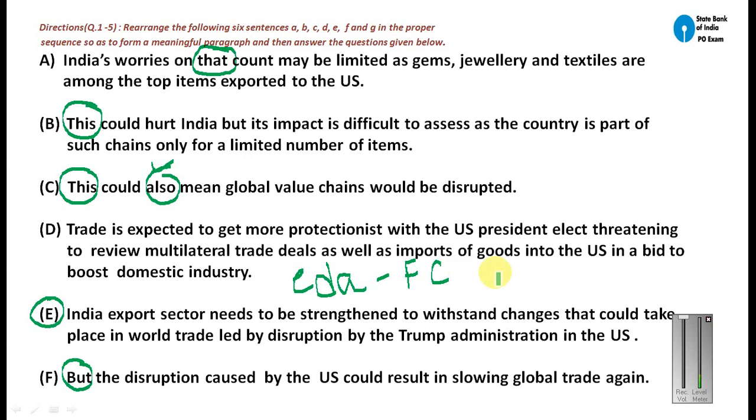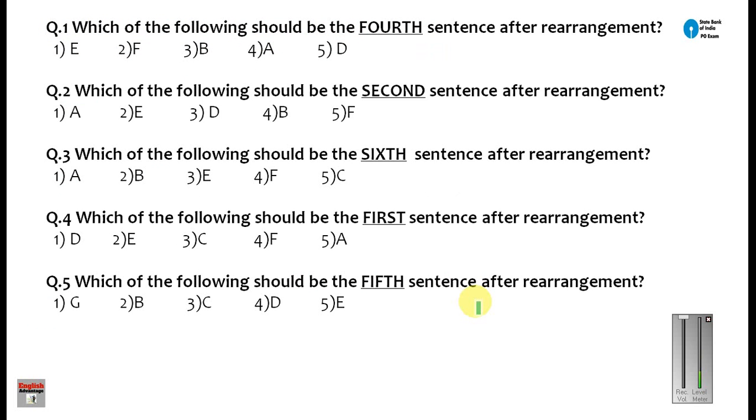Such chains means global value chains. So B will become your next sentence. So this is your answer formula, EDAFCB, and that is how you should approach any kind of tricky para jumble. Okay, these are the basic guidelines, and on the basis of this magic formula